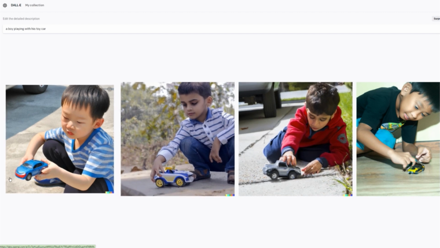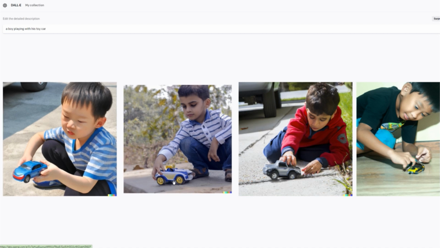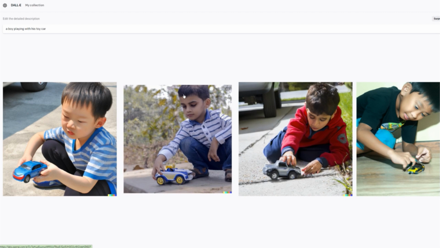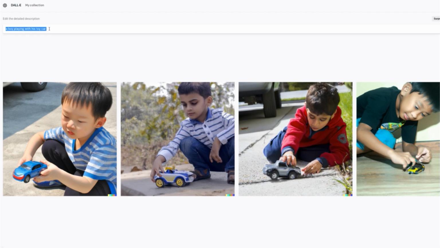So let's say you're selling toy cars, you can easily replace yours with this one and use that image for your listings, social media, what have you, email on the landing page,